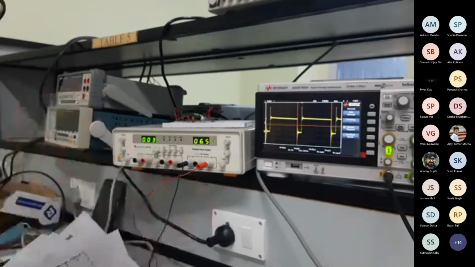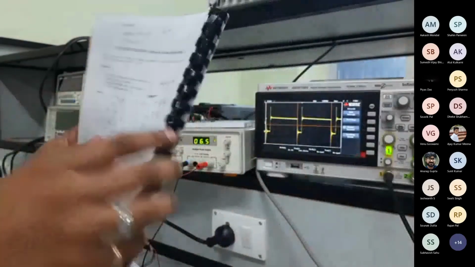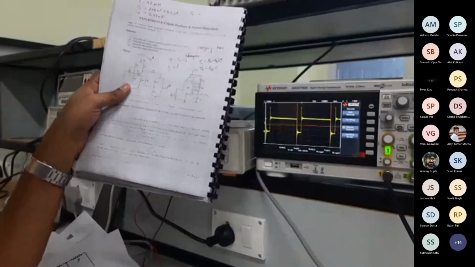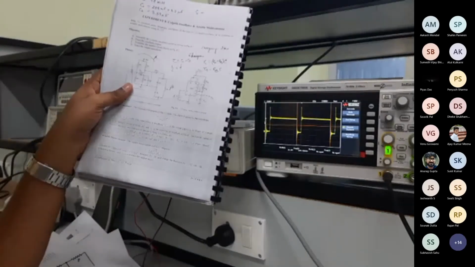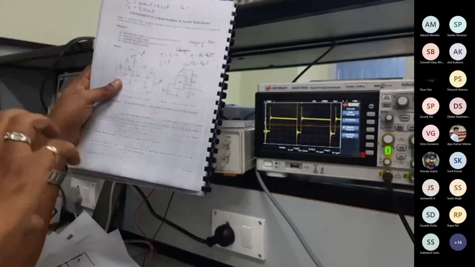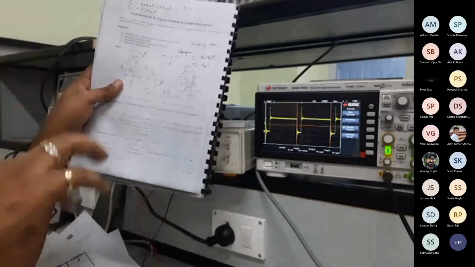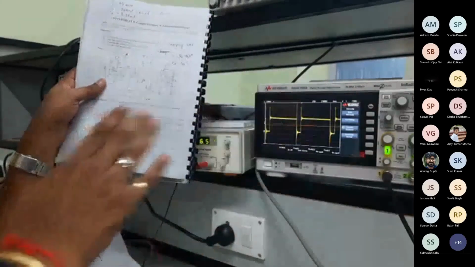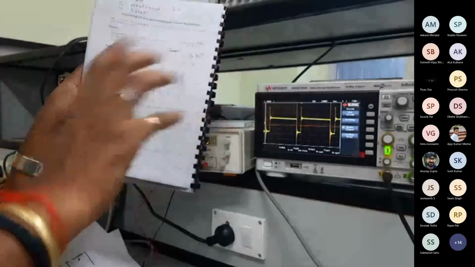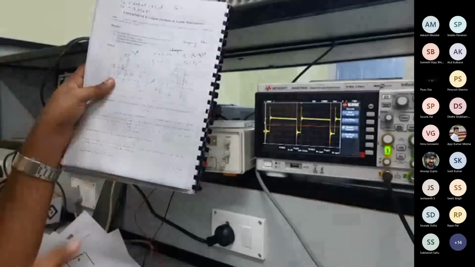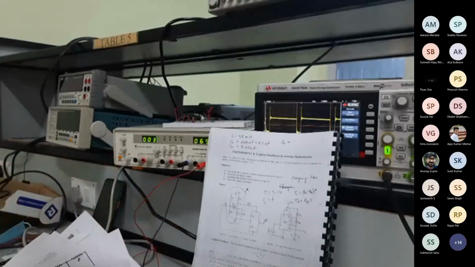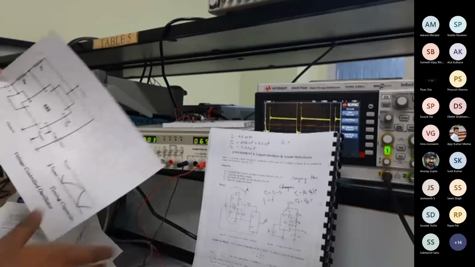Another use of this timer IC is as a voltage controlled oscillator. It means we can vary the voltage at the input and get a different frequency at the output. I mean, we can adjust the duty cycle by varying the voltage. That is why I'm calling it a voltage controlled oscillator, VCO, right? So the circuit diagram of the VCO is this one.